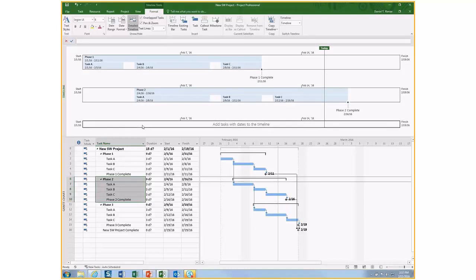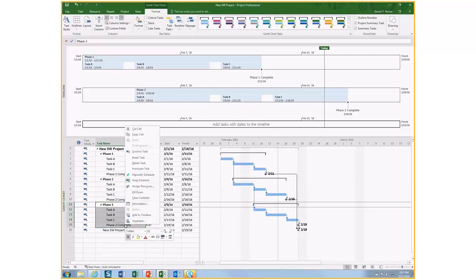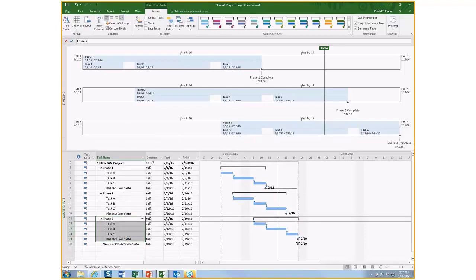I'll select that third timeline bar. And then in the Gantt chart view, select Phase 3 through Phase 3 complete. I'll right-click that selection and choose Add to Timeline. And now I have my 3 timeline bars. I'll click the first timeline bar,